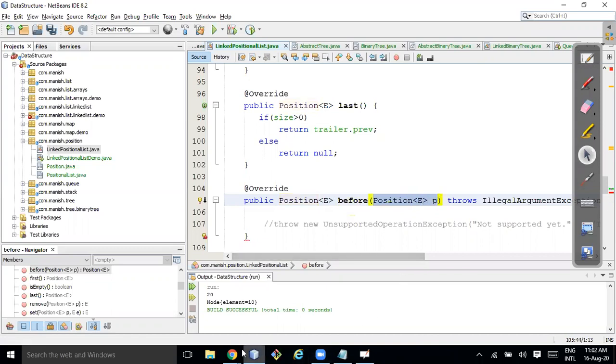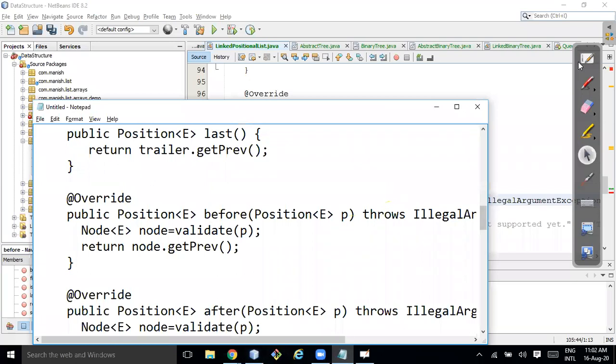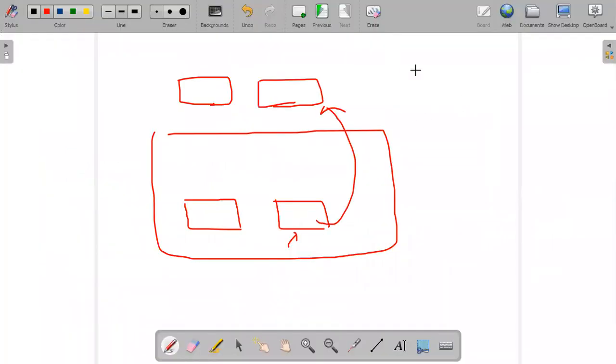One more thing: for those who are not aware of the concept of polymorphism, this is a very important question. Suppose position is an interface. Two nodes are there, Node 1 and Node 2. Node 1 has only two variables, var1 and var2, and Node 2 has three variables, var1, var2, var3.